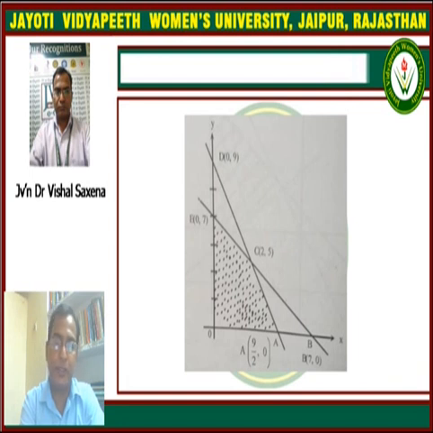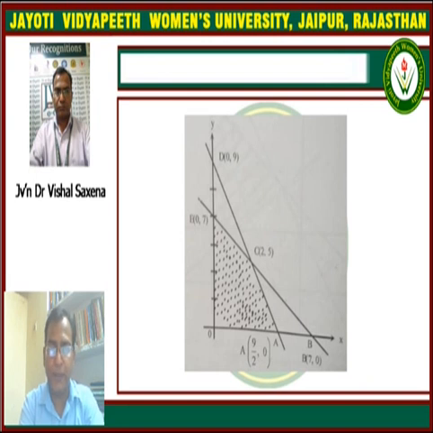Next, we draw these two constraints taken as equations, and we can see on the graph paper the two lines along with the coordinate axes, the x axis and y axis. These two lines have been plotted on the graph paper, and then the shaded portion is shown. This is the common bounded portion between the lines, and this is the feasible part of the constraints.